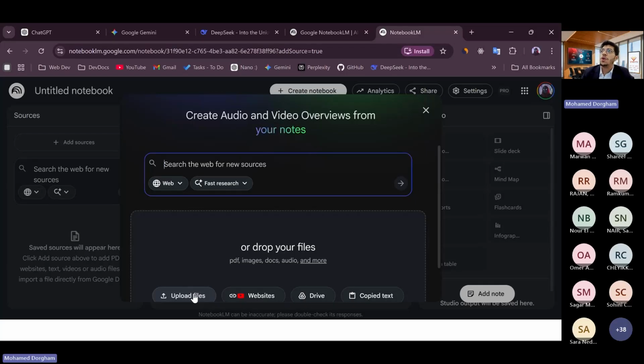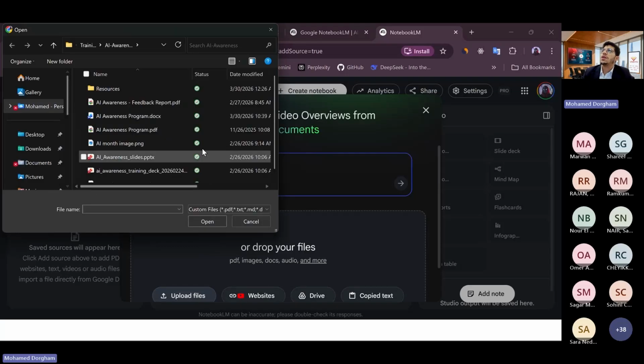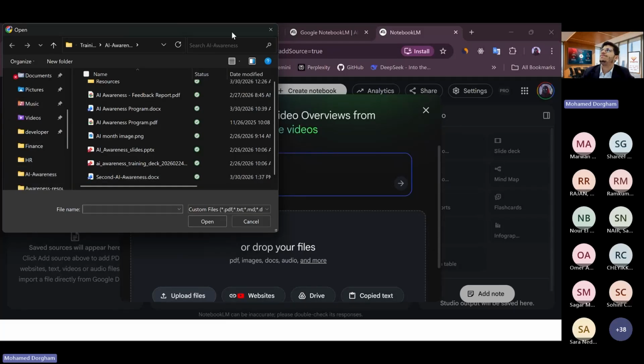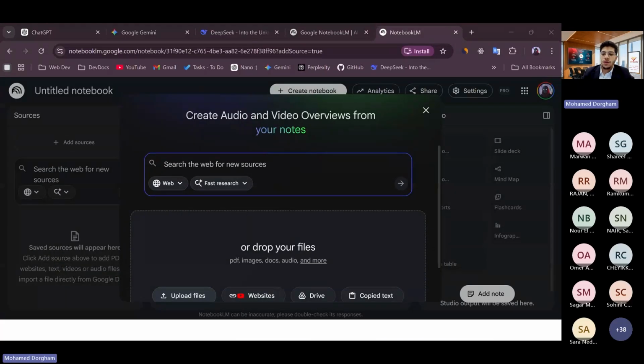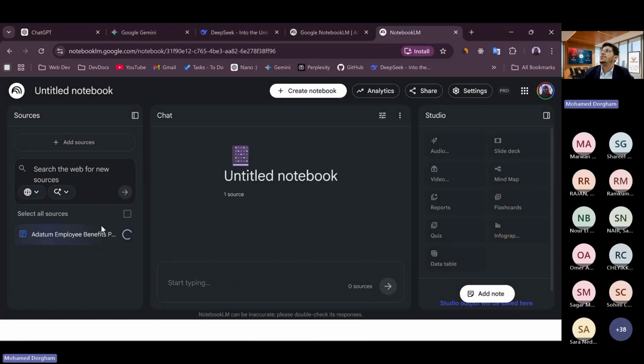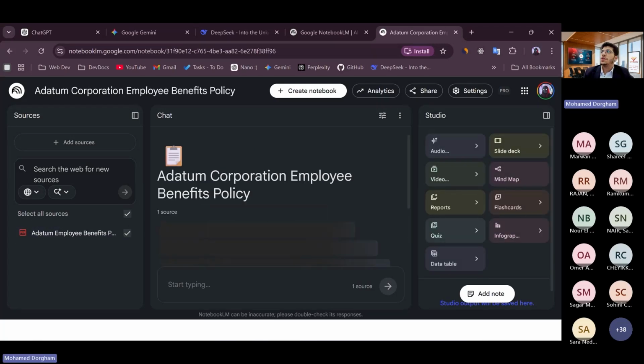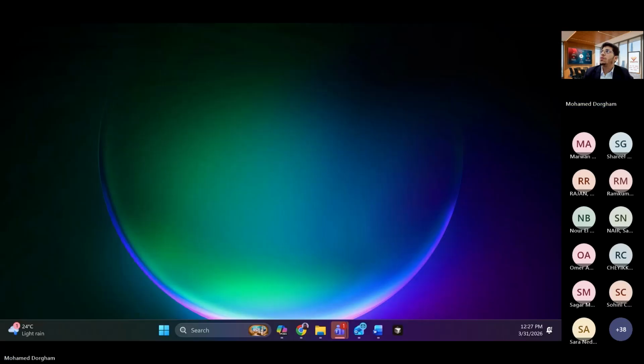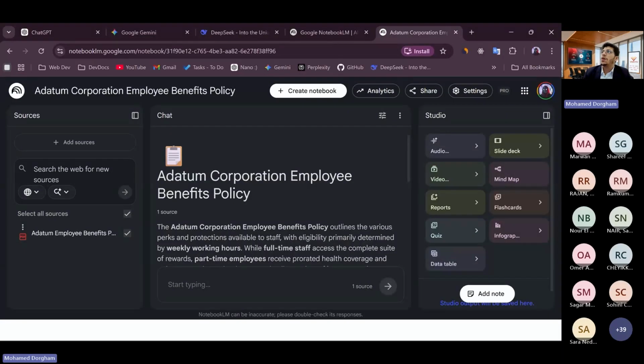So let's see this one. I will go ahead and upload the document, and for this, I think I'll need to go to a specific folder. Let me look for it here. I think the folder, here we got a folder. I'm looking for a folder. So I got here the first folder. Okay, so also to give you more context about this folder, I'm going to open it up. Here we are.